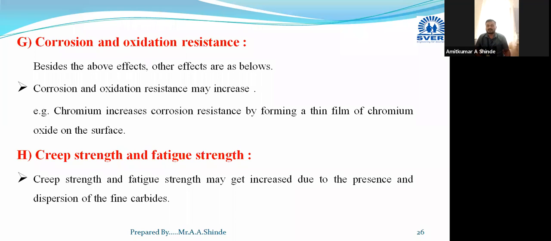Okay, due to formation of some oxides like chromium oxides, it will increase the corrosion and oxidation resistance. Then